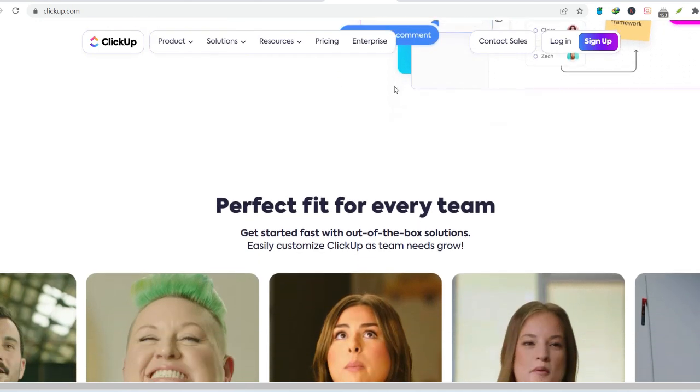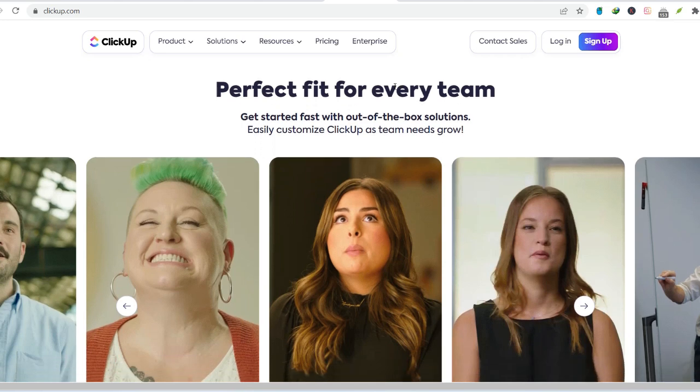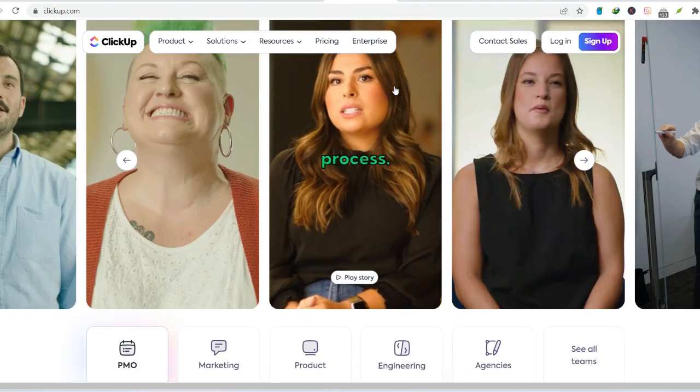ClickUp is a powerful and versatile project management platform with a lot to offer. But remember, there's no single unicorn solution. Take the time to evaluate your team's needs and explore all the options before making